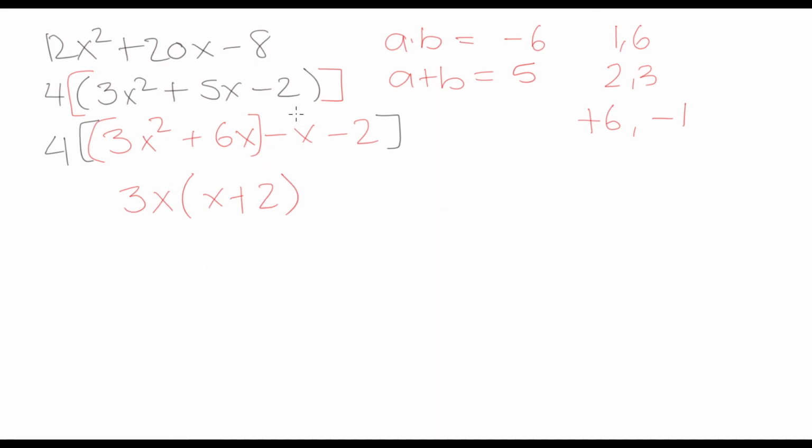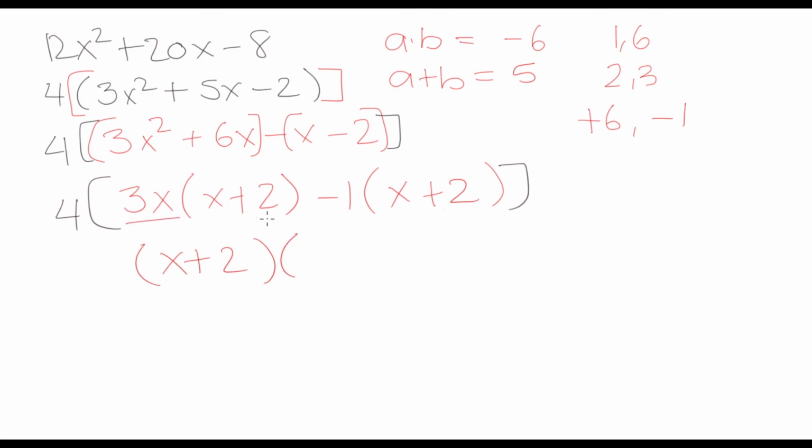Then if we look at this group here, we can factor out a -1. And if we factor out -1, what is -x divided by -1? That's just going to be x. And -2 divided by -1 is going to be 2. And we cannot forget about the 4 that we originally factored out. Now we see that we have x plus 2 as a common factor here. So we can factor out x plus 2,